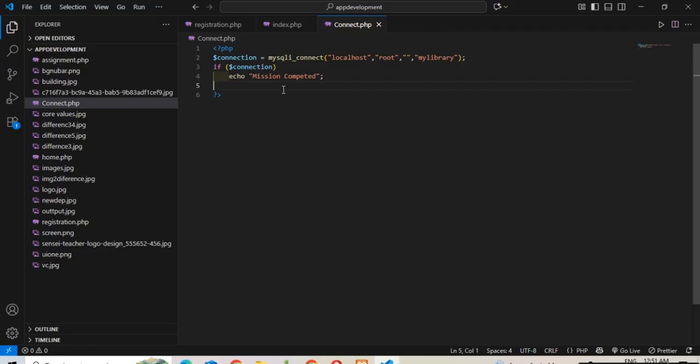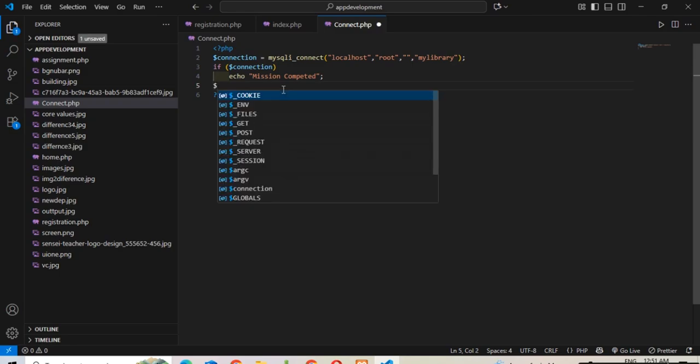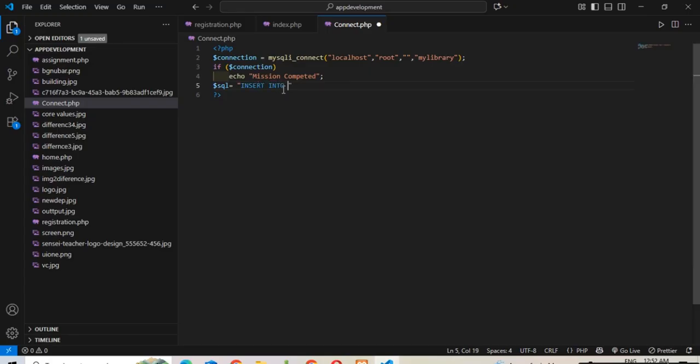To check, we write the query, that is $sql equal to insert into, as our table name is books, and